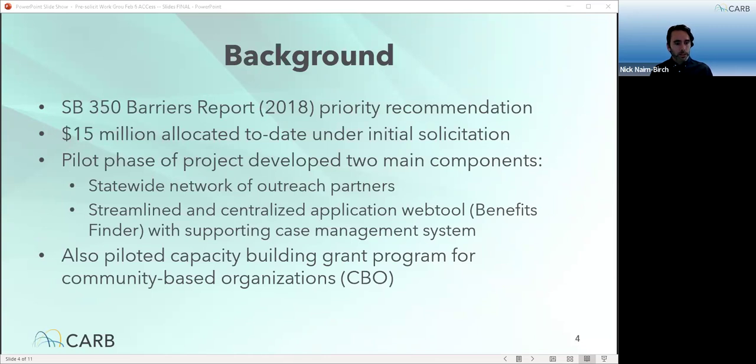So specifically in that study, the third priority recommendation was to develop regional one-stop shops to increase consumer awareness and provide technical assistance. The goals of this recommendation are to increase consumer awareness of the state's clean transportation and related clean energy incentive programs, to provide consumers technical assistance to apply for and participate in CARB's clean transportation programs, and finally to focus on providing coordinated community-based outreach and education to maximize program participation and promote advanced technology vehicle adoption